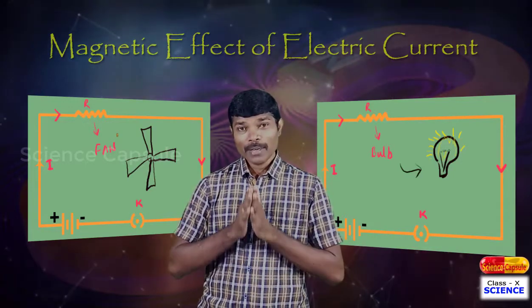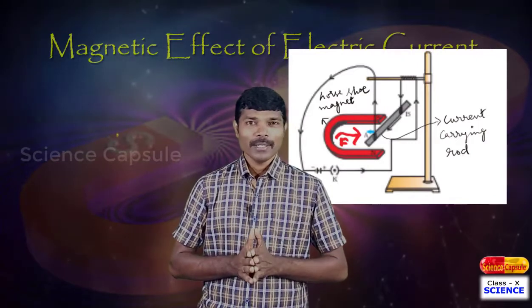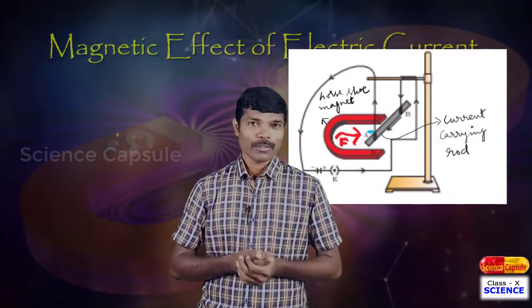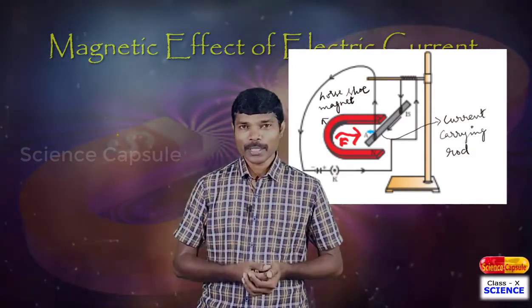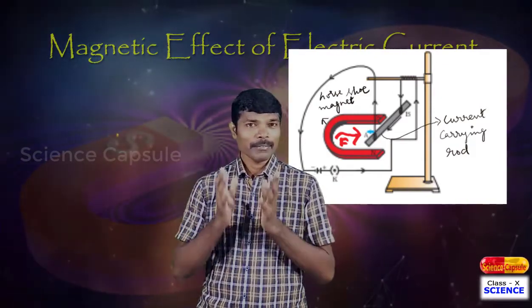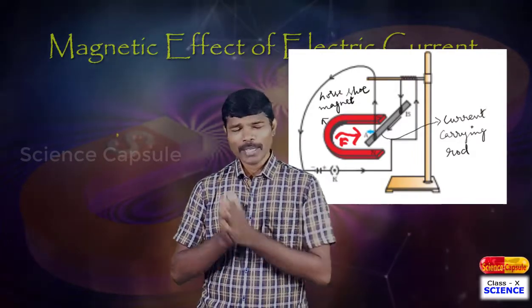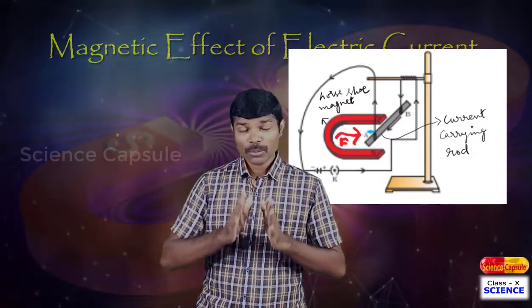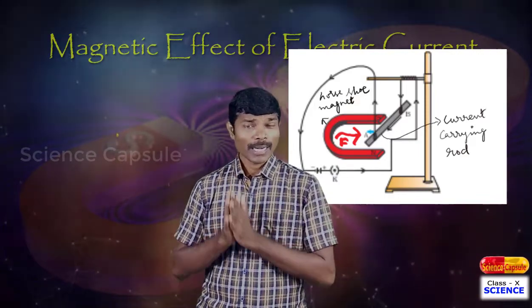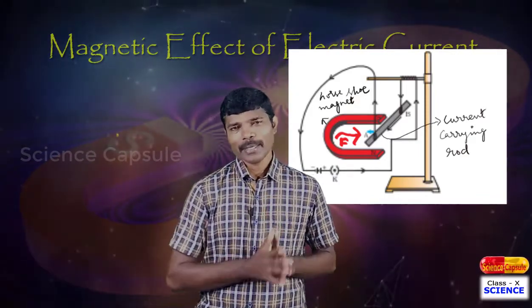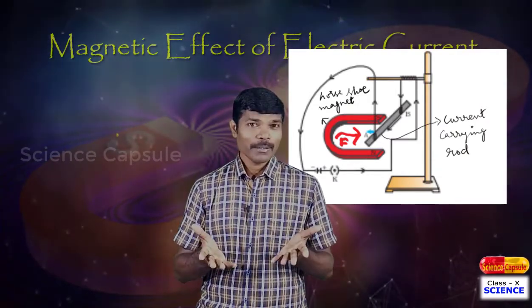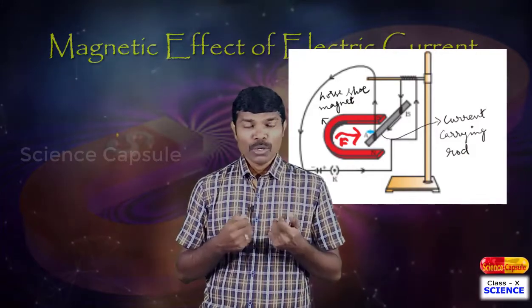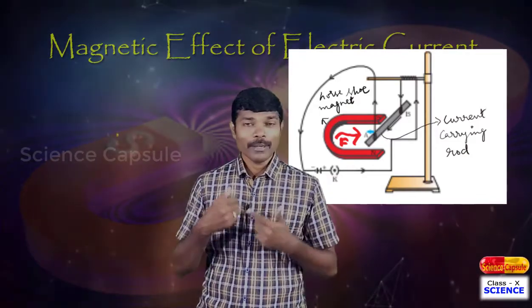Dear students, when a current carrying conductor is placed in a magnetic field, then there exists a force. With that force, the blades of the fan get rotated. Now here inside the fan you will find a motor. About that we will see later, but for now you just understand that whenever a current carrying conductor is placed in a magnetic field, then force will be exerted, right? Now we know that force can make an object move, so with that force the blades of the fan rotate.